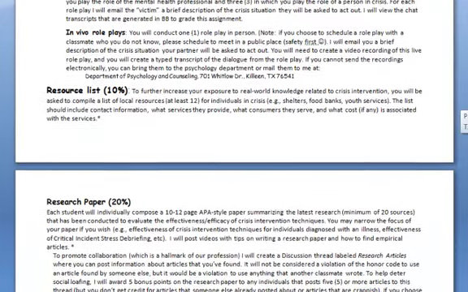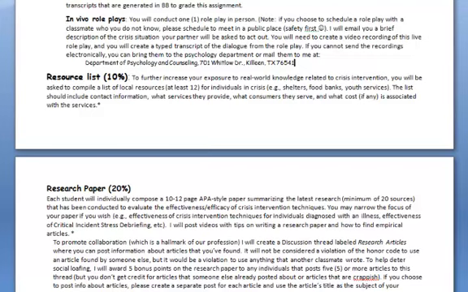Next assignment, resource list. You'll put together a list of 12 resources that could be used for individuals in crisis in this general area. The simplest way to do it is usually in an Excel format. That way it's easy to sort and easy to compile. If everybody does it in Excel, then I can cut and paste all of your resources together and give you back the complete list that everybody put together, and you have this nice list of resources to take with you at the end of class.